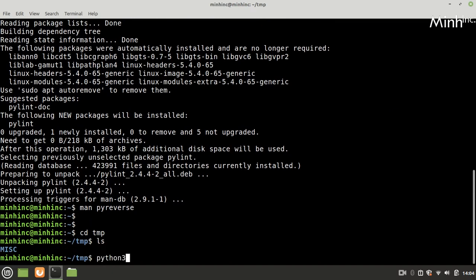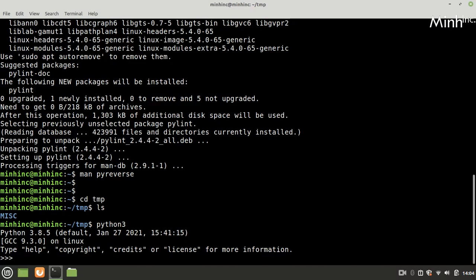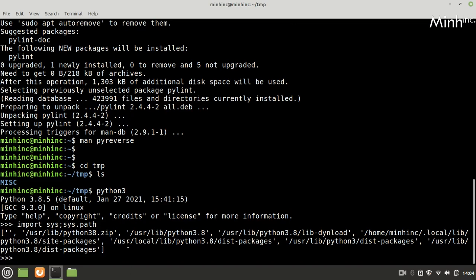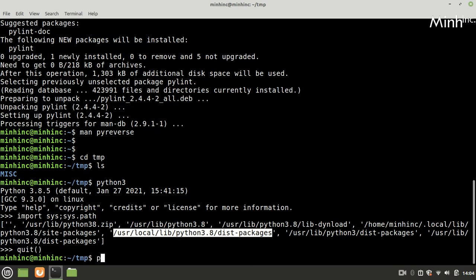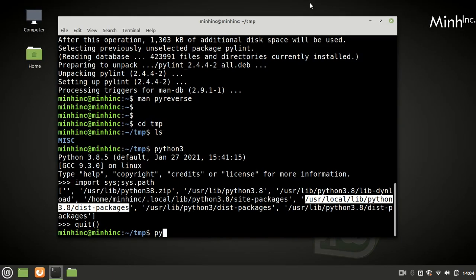We will go to temp. I think it is already available. In Python, import sys, sys.path. So this path is already there: /usr/local/lib/python3/dist-packages. We will try pyreverse now.